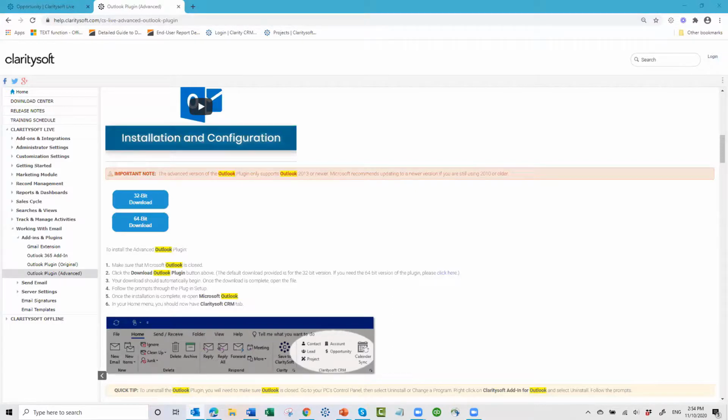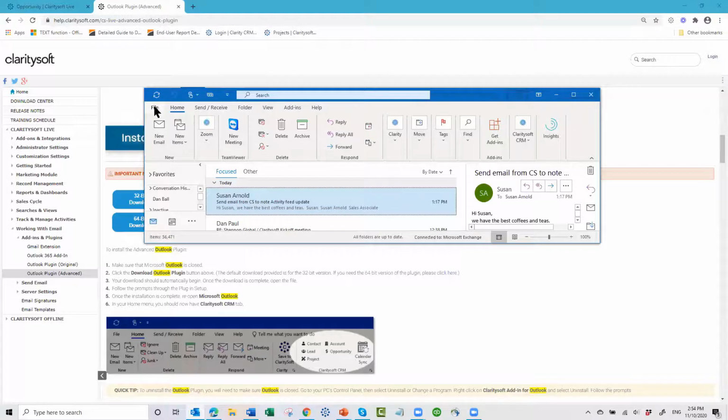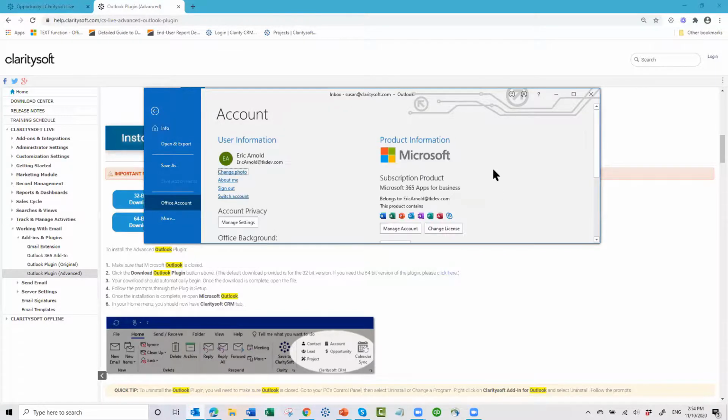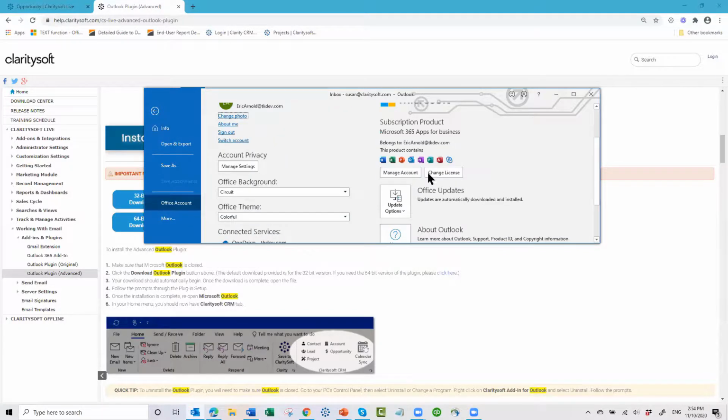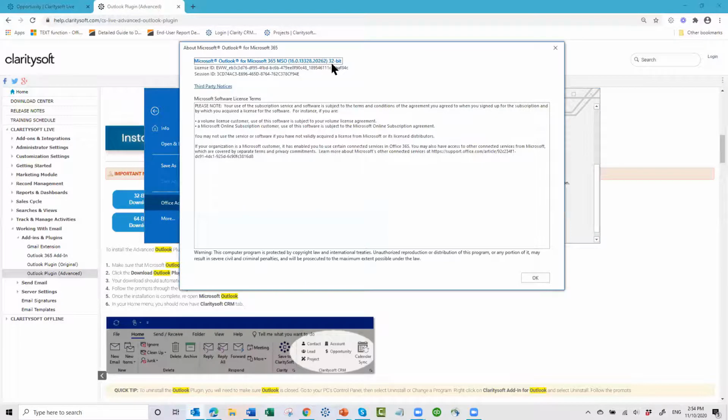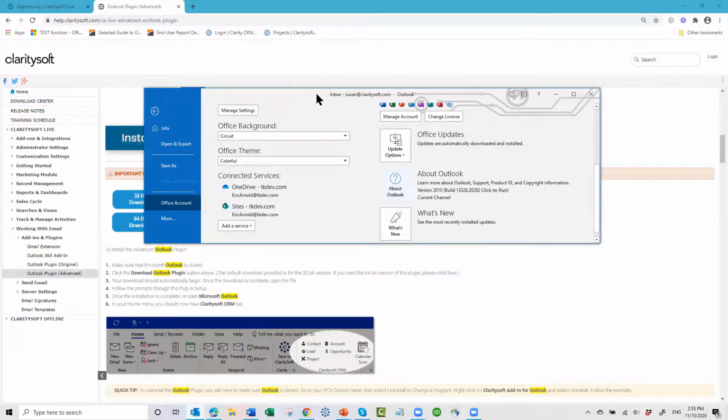Is you go to your Outlook and you click on File, and then you click on Office Account, I believe. And then you do About Outlook. And when you click on that, up here, it will say either 32-bit or 64-bit. Okay, so once you figure that out, close your Outlook before you run the